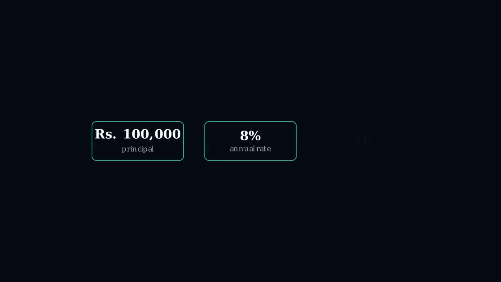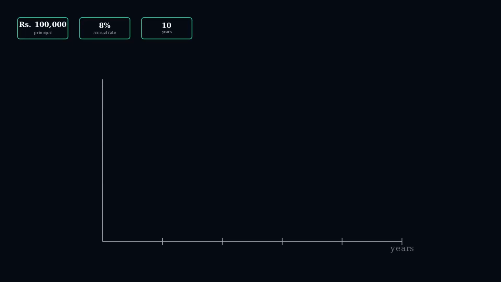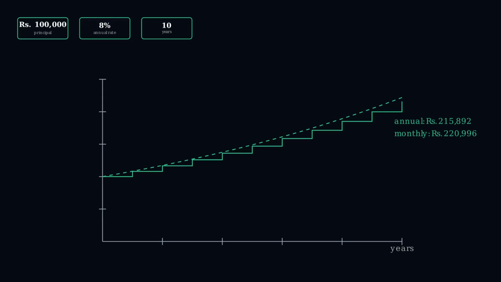Say you invest 100,000 rupees at 8% annual interest for 10 years. Compounded annually, you end up with about 215,892 rupees. Compounded monthly, 220,996. And compounded continuously, using e,